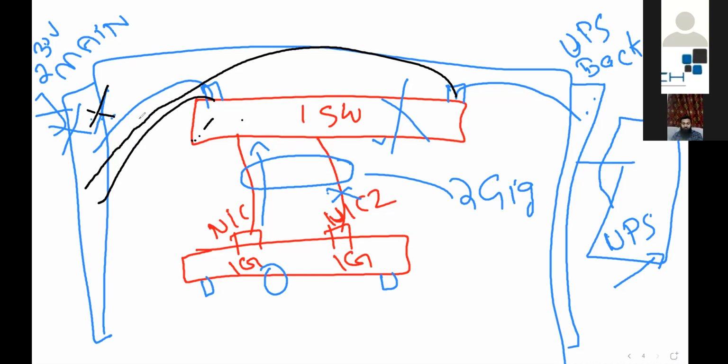What if the main goes down? What are the possible ways to get an alternate solution with zero downtime? That is the idea behind it, and we need to think in that way.